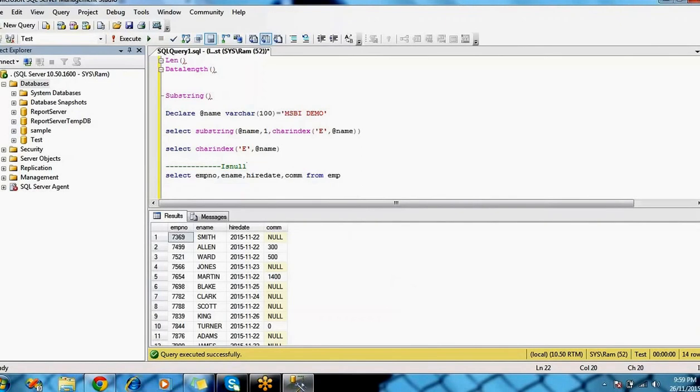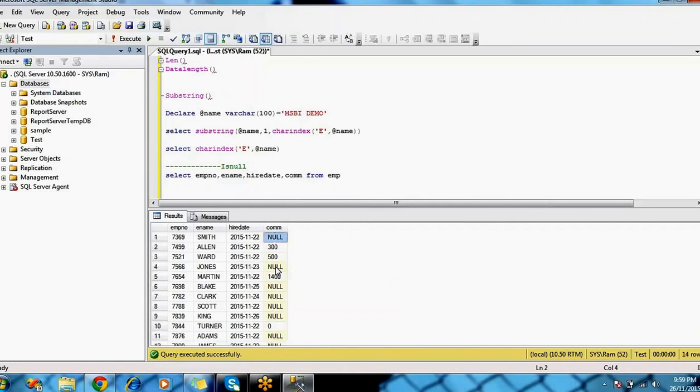If you observe the commission column, there are some blank values. Whenever the value is a null value, it's not a space, it is a null value. That means there is no value.